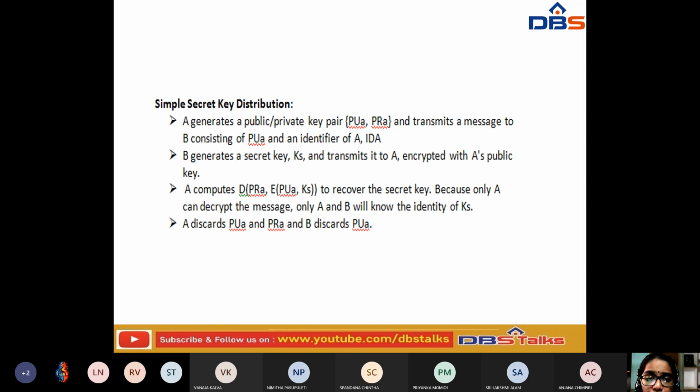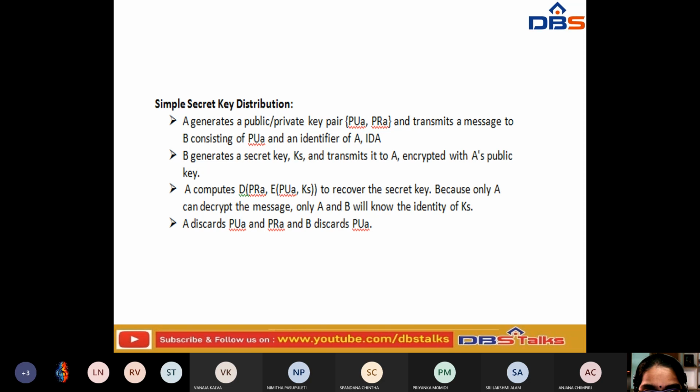A generates a public and private key pair, PUA and PRA, and transmits a message to B. This message consists of PUA and an identifier of A, IDA.